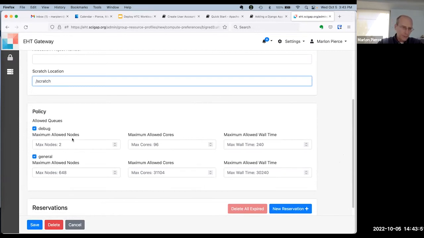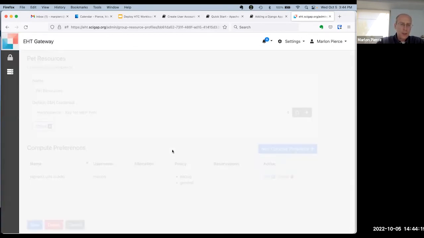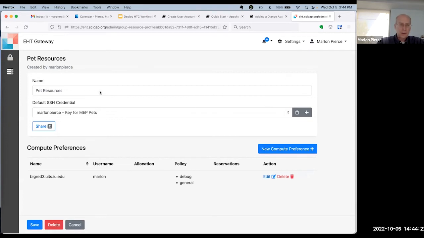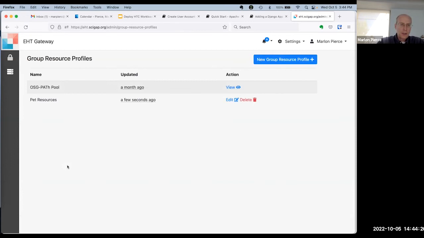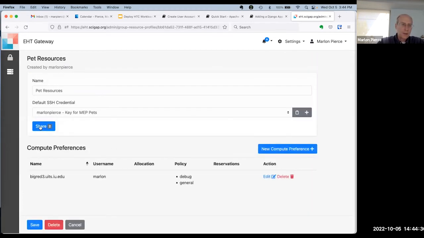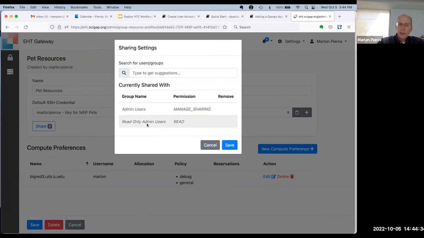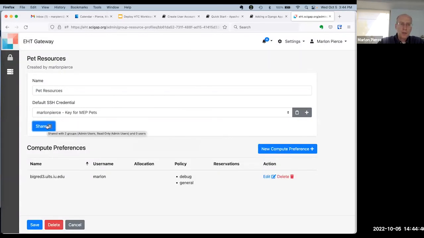And so this queue information is inherited from a general description of that resource. If you have a new machine that you want to add, this is done through the SIGAP portal interface, not through this interface. But all that stuff is basically stored in our system and can be pulled up here. So I can save all that. Let's see. If I look at this, I've shared it, so the admin users, if they need to, can get in. If I've done something a little screwy, or something I shouldn't have done, admin users can still access that group. But I can also share my pet resources with